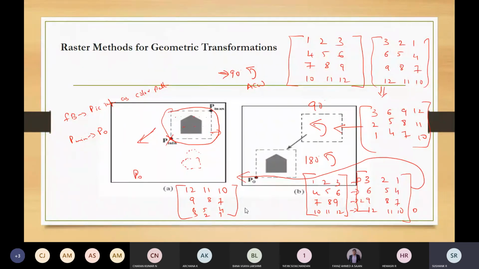After that, this pixel area in the original block will be scaled using the specific scaling values Sx and Sy, and then it will be mapped to the destination pixel. After that, the color of each destination pixel is assigned according to its area of overlap with the scaled pixel. So this is the procedure.